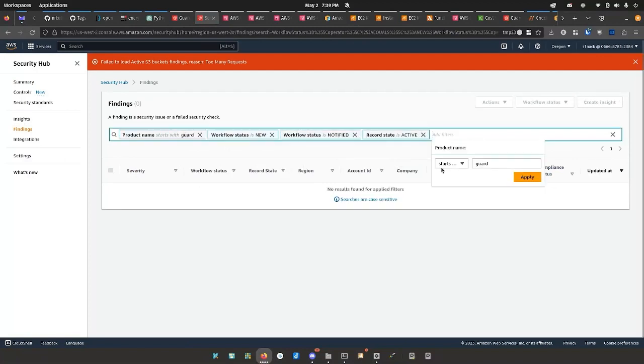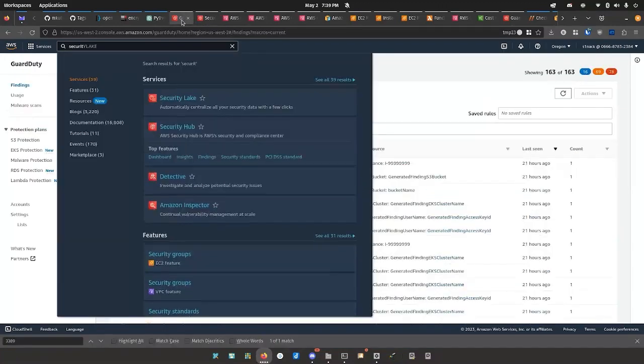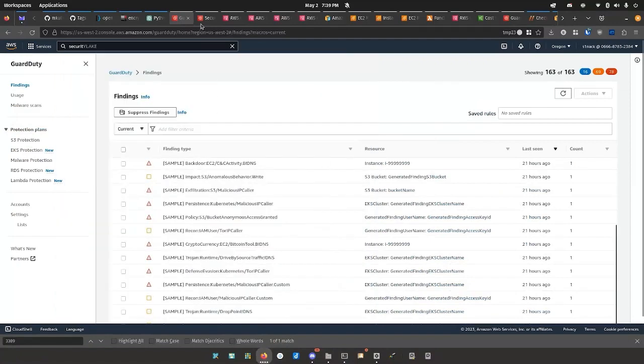Why does this not work? Oh, is it case? It's case sensitive. Oh, there it is. So these are all the same findings we see on the GuardDuty page here, but over